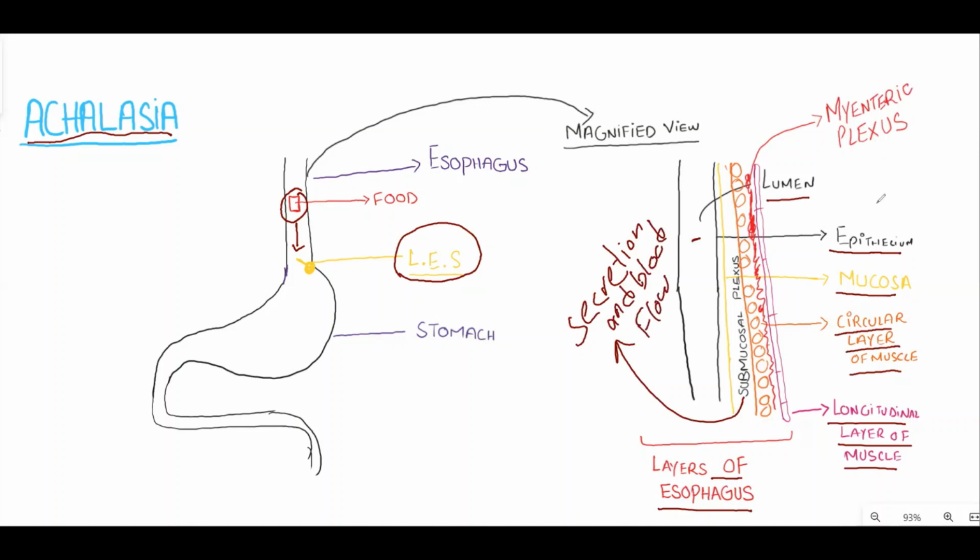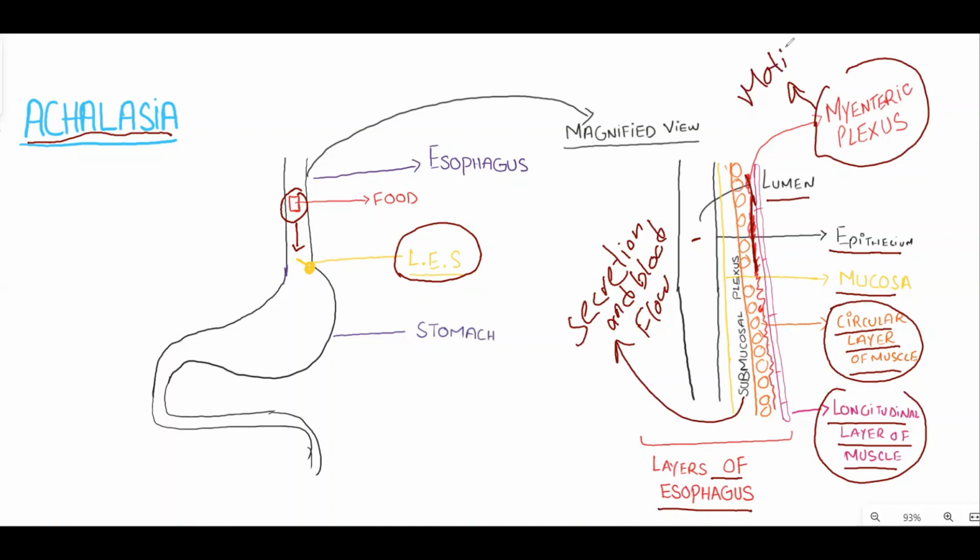While the plexus present between the circular and longitudinal layers of the muscle, the myenteric plexus, controls the motility of the esophagus. So achalasia is basically the degeneration of the inhibitory neurons present in the myenteric plexus,